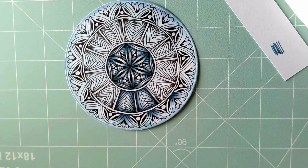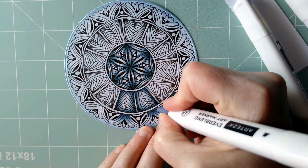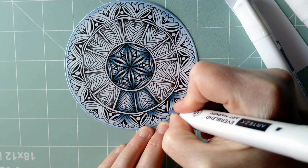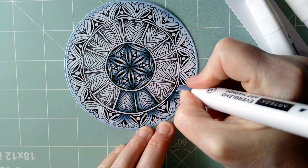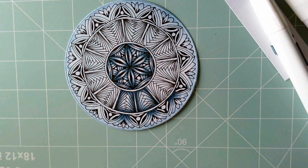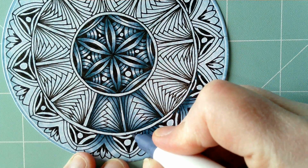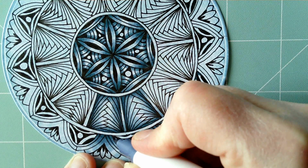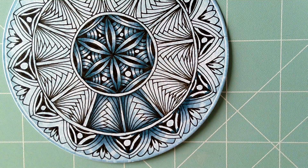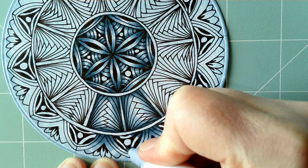In the middle here, I'm going to use the same kind of idea that I did with these, where we're definitely going to have shadows in the corners of these, here and here. So if I just do a couple of them, you can see what I'm doing. And again, I'll zoom in and do a third one. So I'm just popping some shadow down right next to these so they look like they're going underneath. The next lightest colour, the mid-tone I'm using,